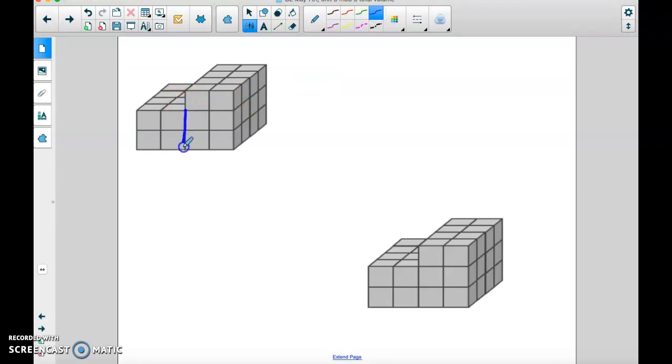But I would break it here, okay? And then this would be a 2 by 2 by 4. This would be a 2 by 4 by 3, because there's 3 layers here, right? Even though there's only 2 layers here, there's 3 here. So then